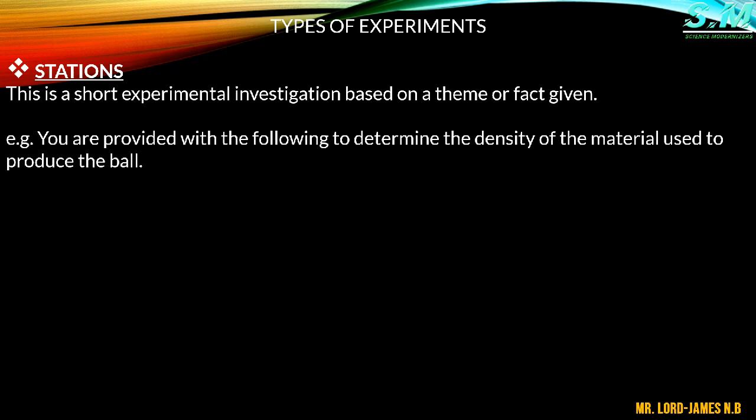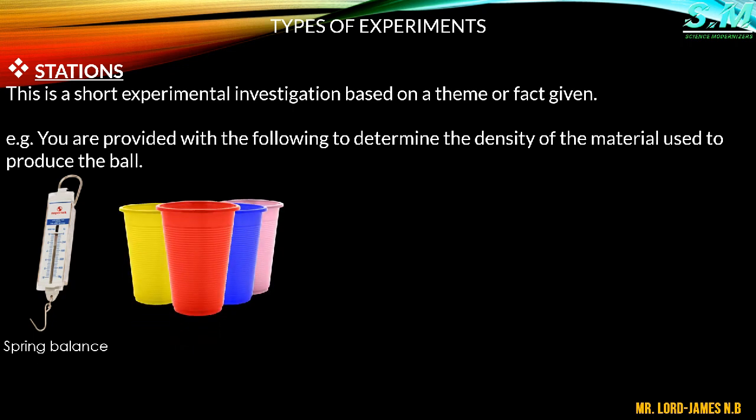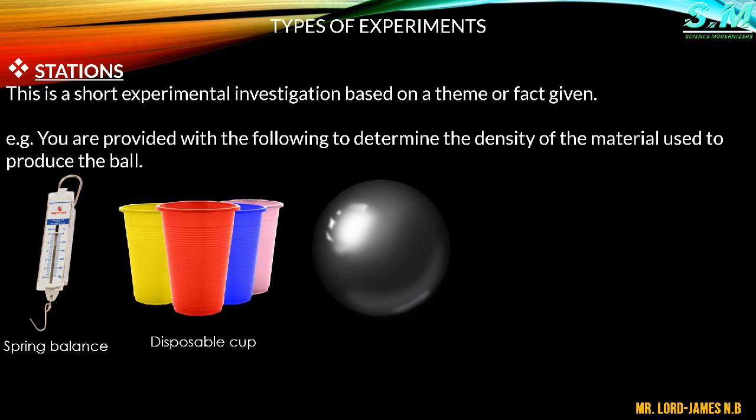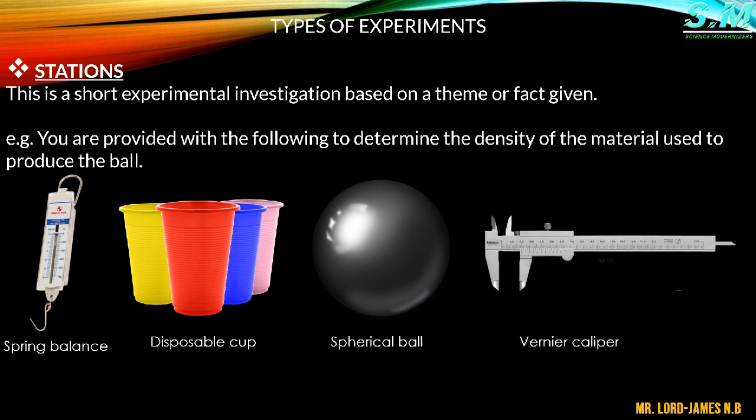So for example, you are provided with the following to determine the density of the material used to produce the ball. The first is a spring balance. You are provided with a spring balance, disposable cups, a spherical ball, and then we have a vernier caliper. So how then can we use this to determine the density of this material which the ball was made from? All we know is we have a spring balance, and we know a spring balance can permit us to measure the mass of